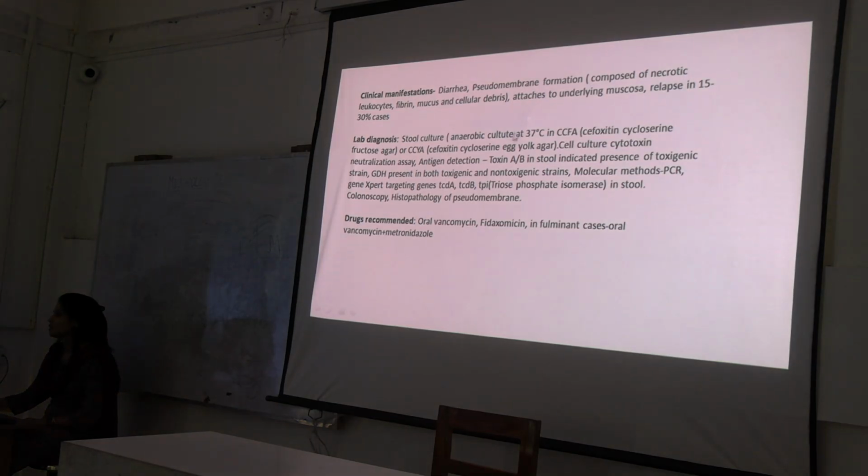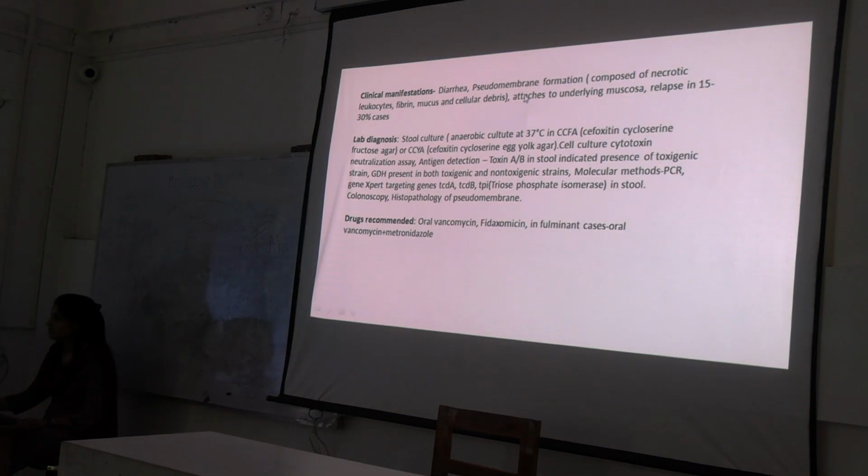What kind of culture media is available for this? Since it's an anaerobic organism, you will see cefoxitin, cycloserine, fructose agar. What does this mean? You are providing fructose for the growth. These two antibiotics are inhibiting other microflora that is there in the gut, so that it